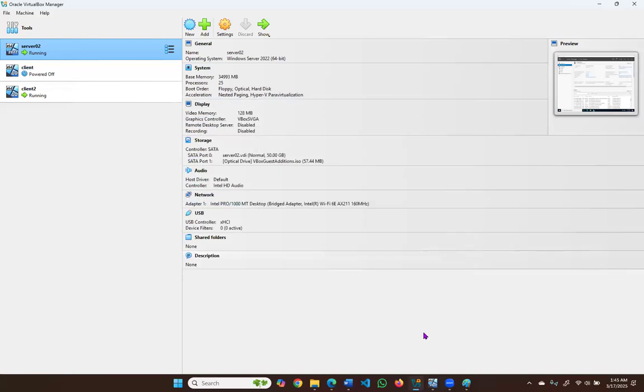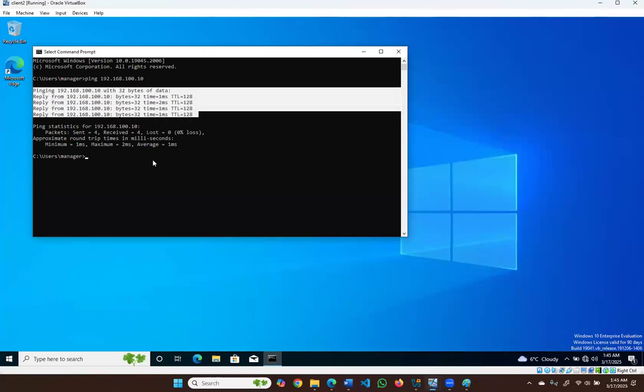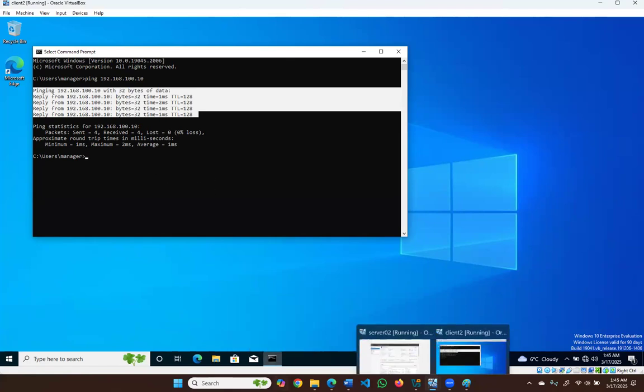All right, so that's the result you get from pinging. So pinging shows that this system is now able to communicate, it's able to see that other system. So now let's go to the server as well and see if the server is able to also see this client. So if we go to server,